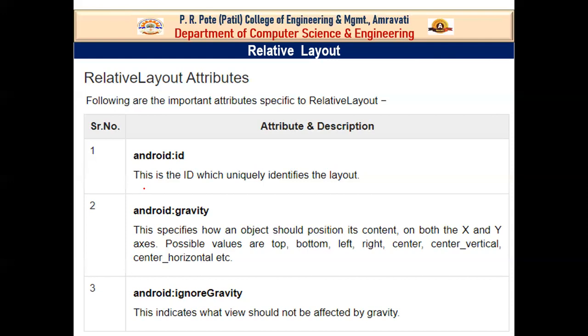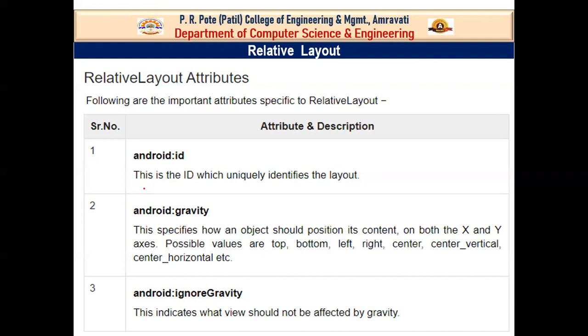relative layout. So the first property is Android ID. We have already discussed Android ID in the previous layouts, that is linear layout, absolute layout, and table layout. So what is ID? ID is a unique identification of the view.